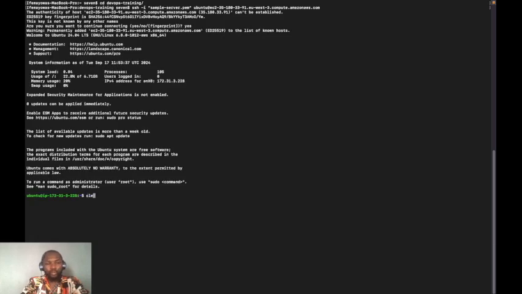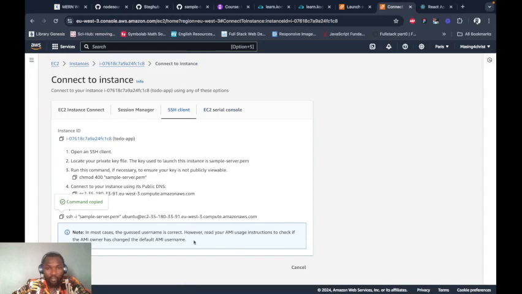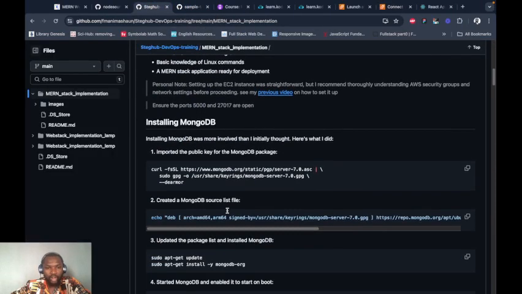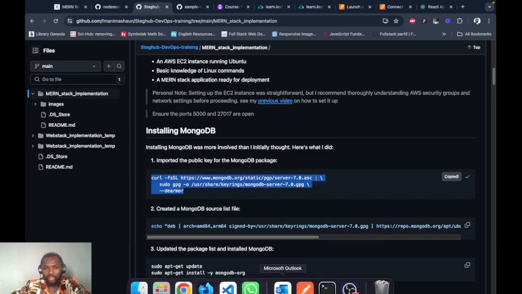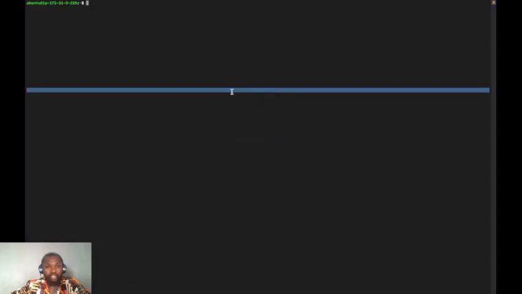Good. So I'm currently inside my instance. Sorry for that mistake. The first thing we want to do is install a MongoDB database on our instance. For us to do that, let's go back to my documentation. The first thing you need to do is import the public key for the MongoDB package, using this code. Let me copy this,